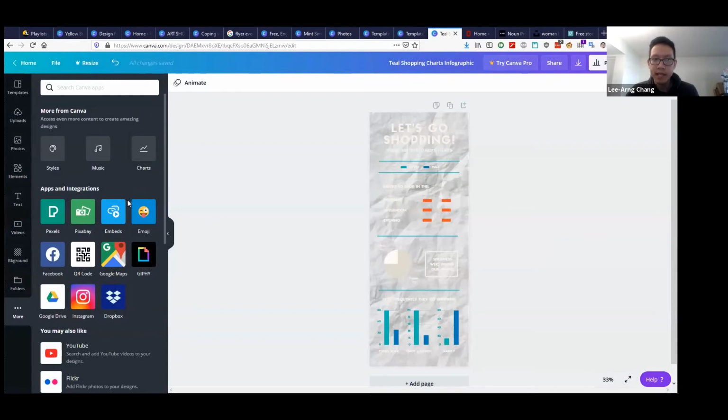Hopefully this made sense and you have a good idea of what Canva is capable of and how you might be able to use it in your own work. I know Canva is super broad. It's used by marketing teams, but it could be used also for PowerPoint presentations and in the more academic research sense.